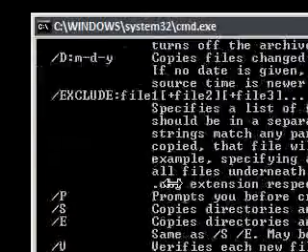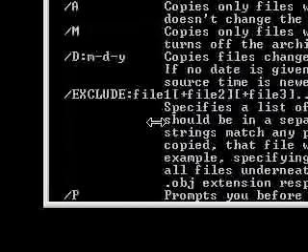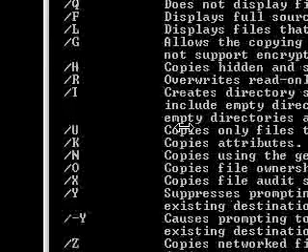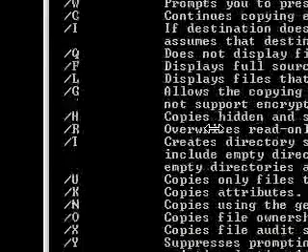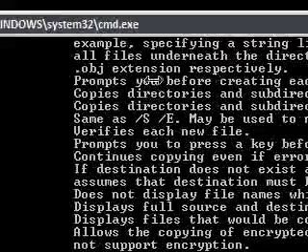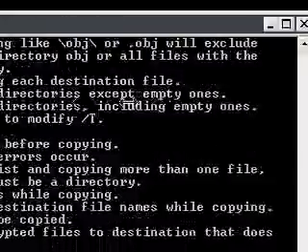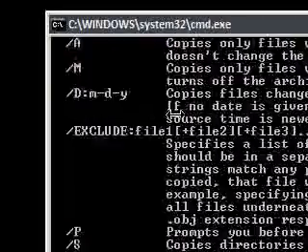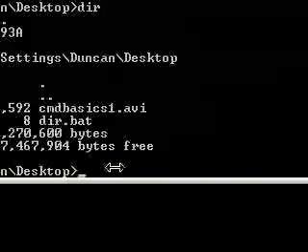But you need to make sure you have, I think it's /C. No, that's continue copying if errors occur. Which one was it? There is a switch to ensure it copies subdirectories as well. There you go, /E, yeah, copies directories and subdirectories, including empty ones. So this is ideal, because if I have my AVI file and my batch file, and I want to copy both of them into a folder,